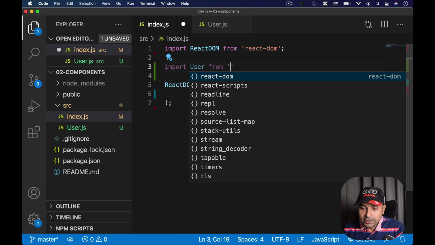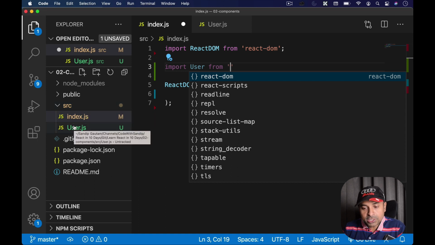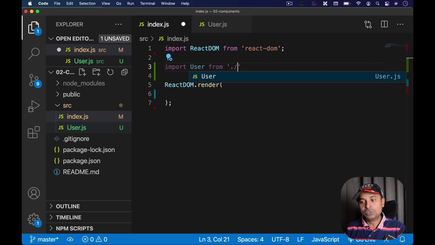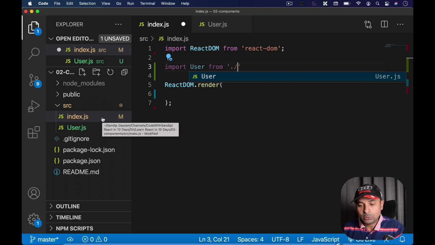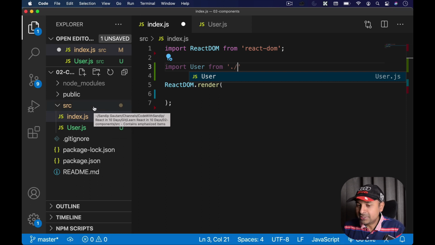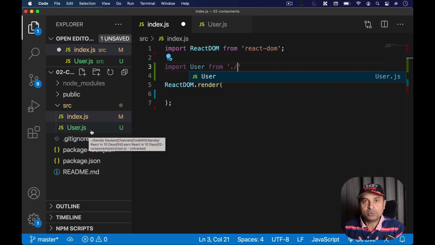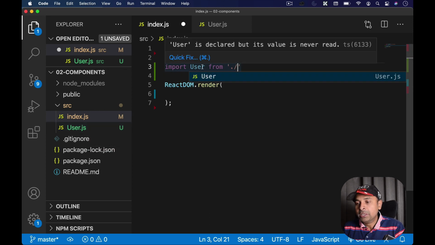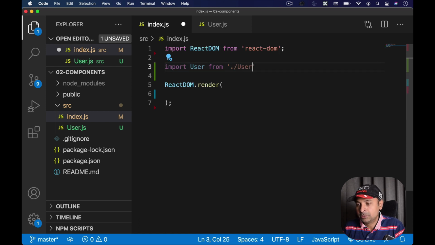So you look at index.js. Index.js is inside the source folder, and user.js is also inside the source folder. So this path is really easy. You just need to write ./, which means you're looking into the same folder where index.js is residing. So you're importing user from user.